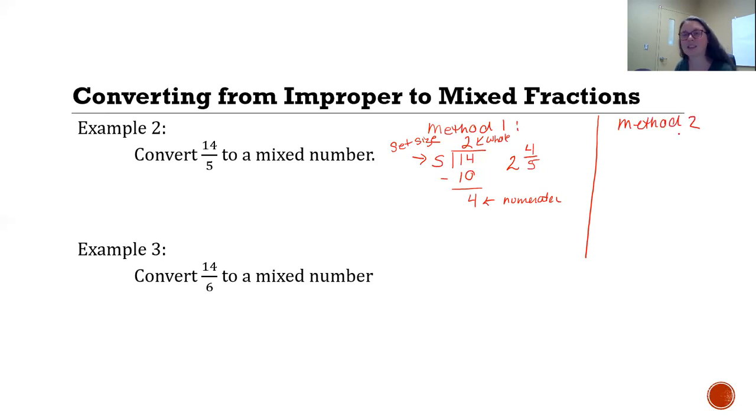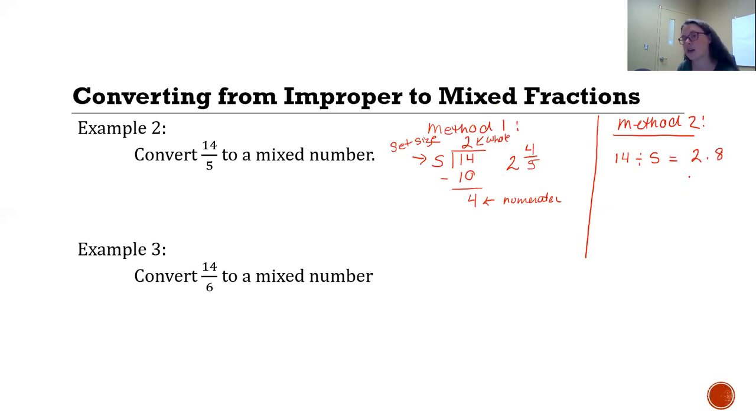Okay. Let's say you don't know your multiplications and you can't stand long division. And it's been a while since you've done math, so long division just about gave you a heart attack. We'll do method 2, and we'll see how that one works out. We're going to do the same thing to start, though. In your calculator, I would like you to take 14 divided by 5. I want you to keep track of the entire decimal. So 14 divided by 5 leaves you with